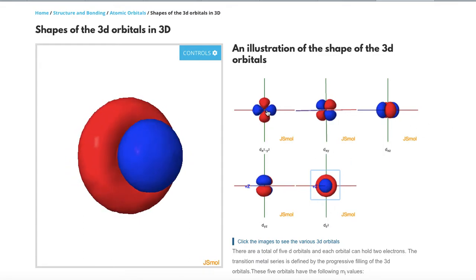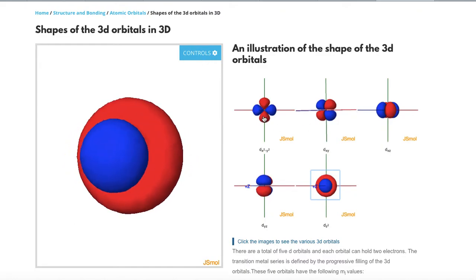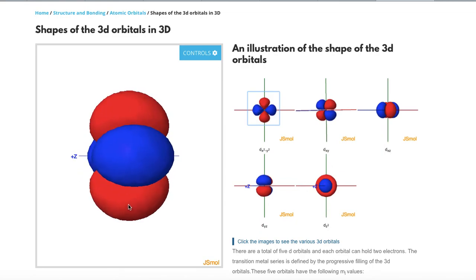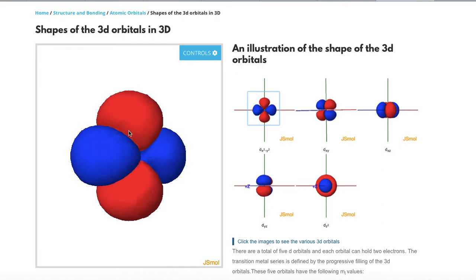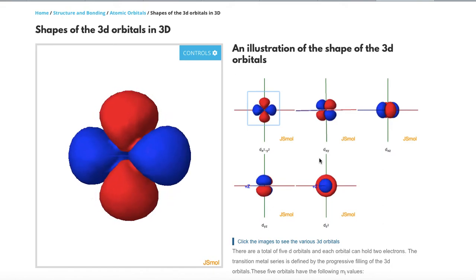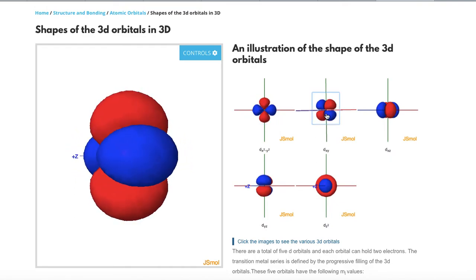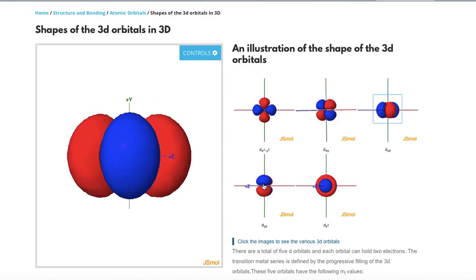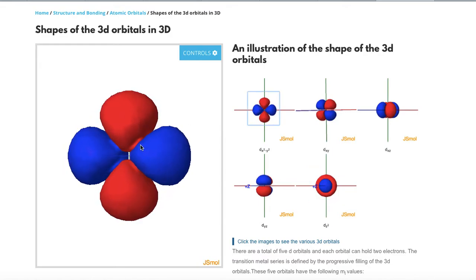But after 4S, you would come back and fill in the 3D orbitals. And so you'd start with this guy, put one electron in. And these electrons here, you can see it kind of lighting up, are being recognized by a blue and by a red. And so you can see those little shades that are lighting up, and that's just telling you the electron's cruising around. That's what the electron would be. After putting one electron in this D, you would add this one on top of it. You'd add this one, this one, this one,